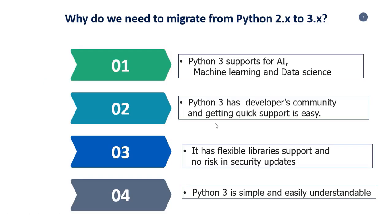First of all, Python 3 supports artificial intelligence, machine learning and data science. So we have extensive library support for Python 3. That's why it is very flexible to work with artificial intelligence, machine learning and data science, for automation as well as data visualization patterns. And the second point, Python 3 has a developers community and getting quick support